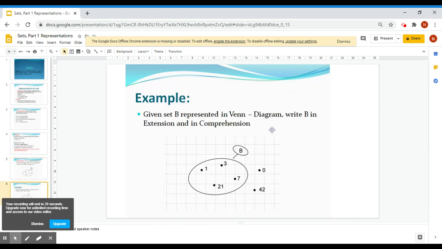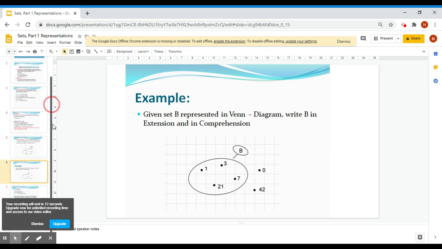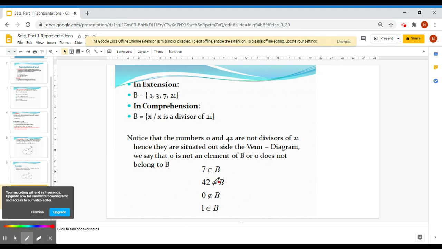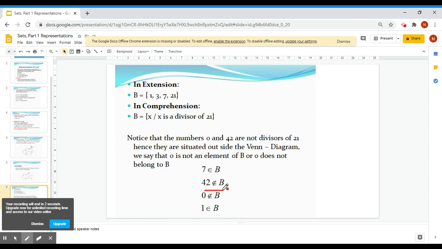So here another example, this is a set V. 0 and 42 are not elements of V, so we put them outside. And we say if it is an element, this is the representation of an element. And if it is not an element, we say it's